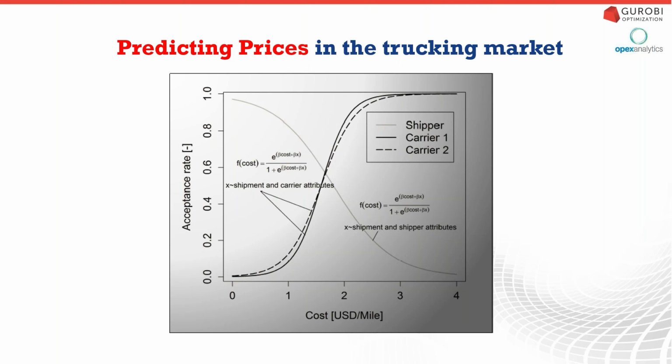trying to negotiate what's the right price for each. And what you see here in this curve is two curves. So look at the dark curve that starts down at 0 on the y-axis and goes up to 1 on the y-axis. So this is the carrier curve. So this is the curve for the trucking company. And you can see that their acceptance rate gets higher and higher as the cost per mile goes up. So the x-axis there is here, US example, where it's the cost per mile. So you basically get more money the further, or how much money do you get per mile as you go to the right.